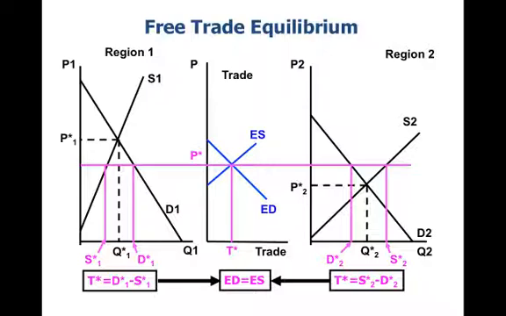If we go from a price of P1 star to a price of P star, we know that the price in region 1 has fallen. What that means is there's a reduction in quantity supplied, but an increase in quantity demanded. That reduction in quantity supplied means that producer surplus falls, and it would fall by this yellow trapezoid that I've just shown on the screen. Now what's important about that trapezoid is that that is an amount of producer surplus that's transferred to consumers.